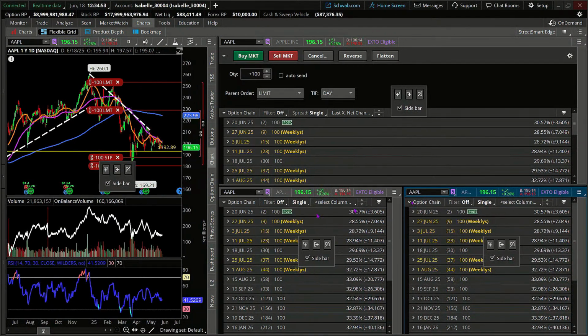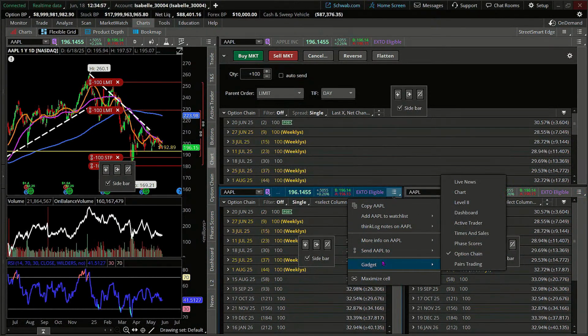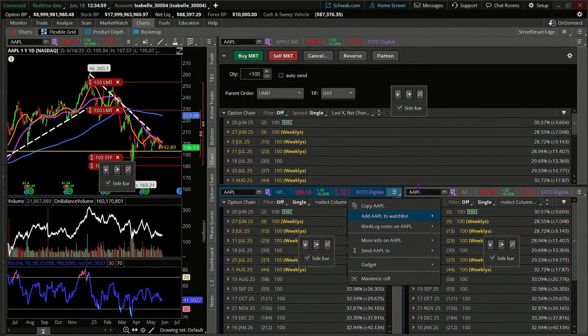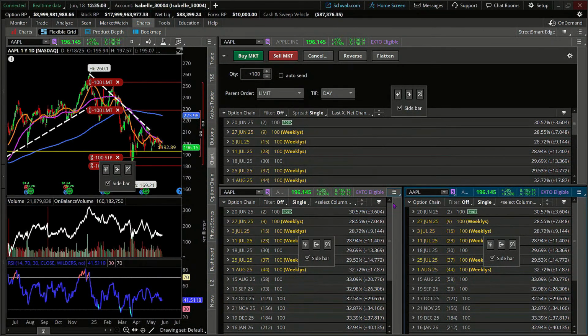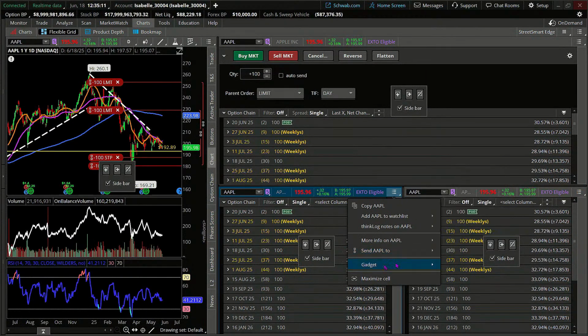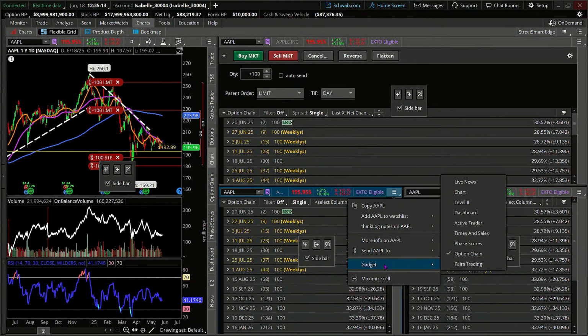And then I might just need to change my tool. So my gadget is on option chain. So let me show you that move again, because often I hear, Kevin, I've lost my buttons. Once my buttons are gone, I don't know where to go. Well, use your actions menu here, everybody. Right here. Basically, all we're changing is the gadget.